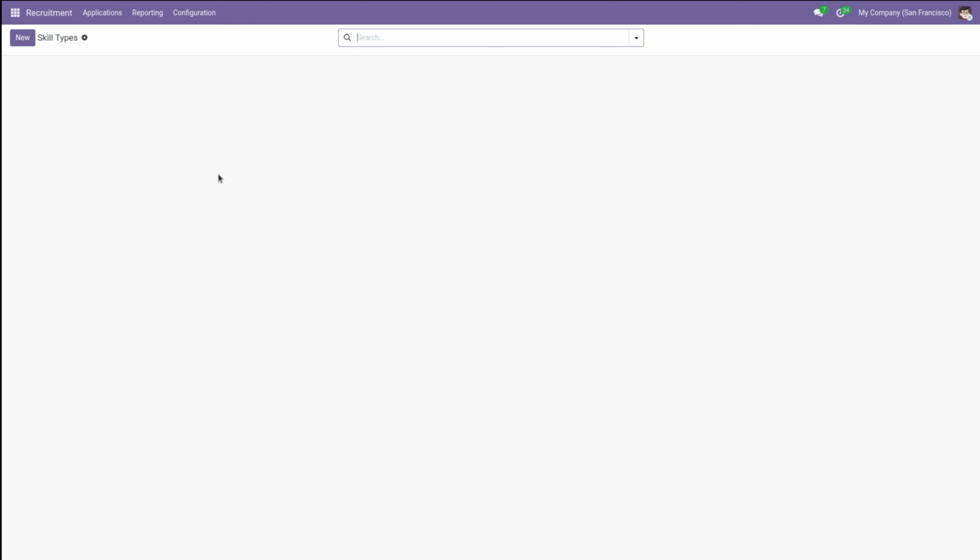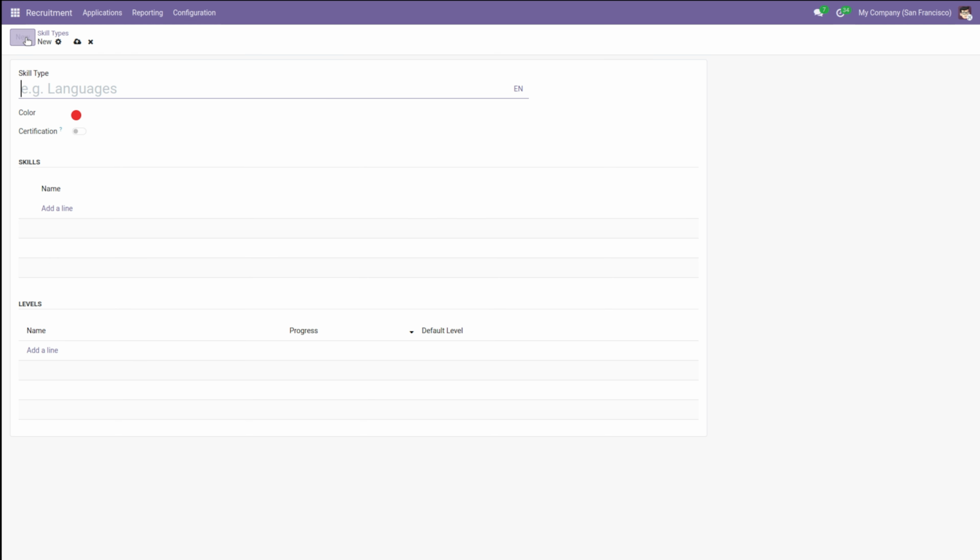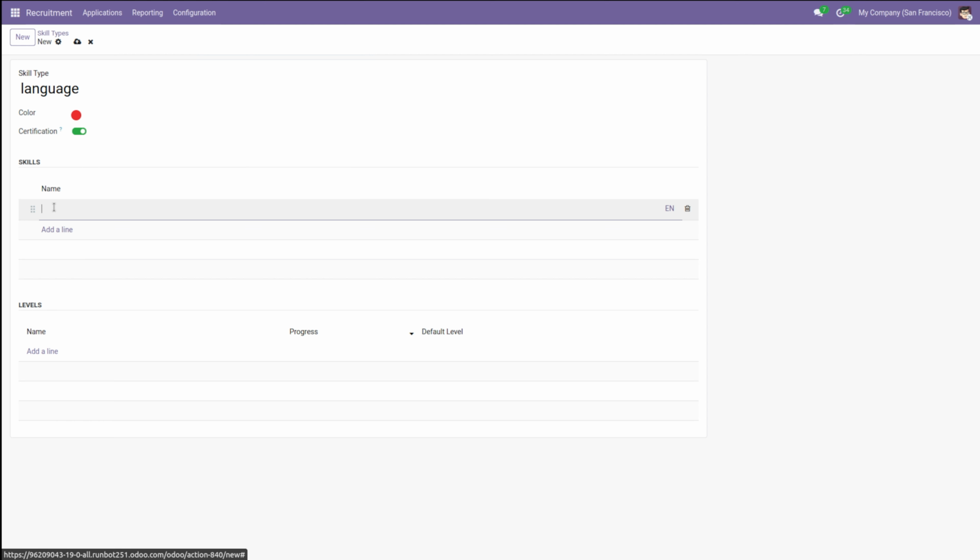Then comes the skill type. So skills we have seen in a lot of places. If language is a skill type, then skills are like English, French, Spanish, German and all. Similar skill types can be created as well as the skills coming under each. And then you can put levels for each of the skills. So if you are creating a new one, I'll put language itself, set a color, you can set certification. If you're going to add a skill,